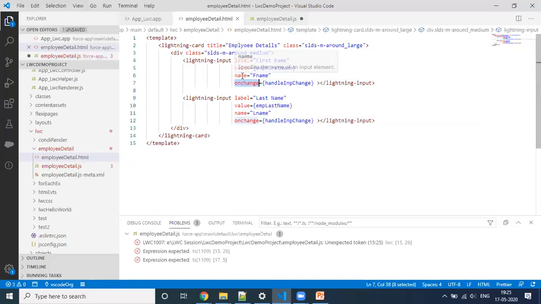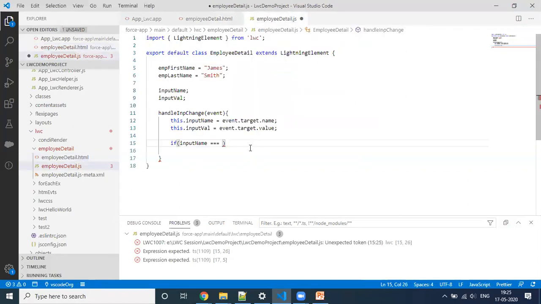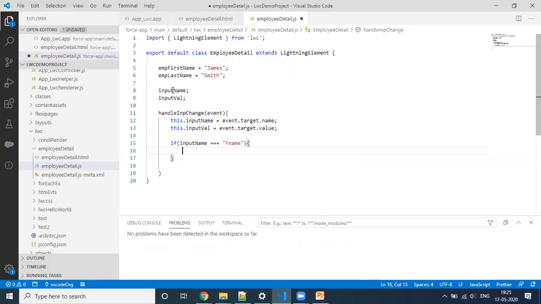So name will define that. If name equals first name, this is a static value, a default value I have given on the first name, and here I'm taking the value when we enter the dynamic value.